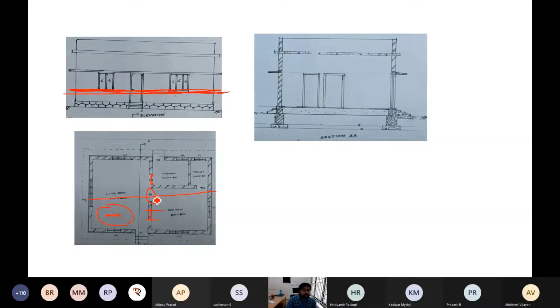So door positioning is also very important. Door positioning we already discussed, how you do the door positioning and everything. So that is a major thing you need to remember. Then one more thing I want to say. Here you can see one line is going around the wall, and here the wall thickness is. What is that actually? It shows the plinth. Plinth beam, sir. Yeah.